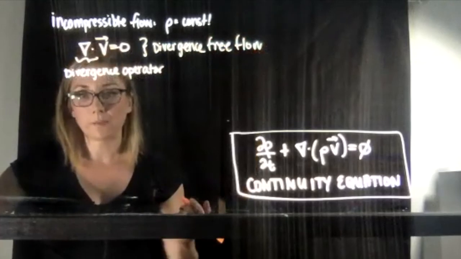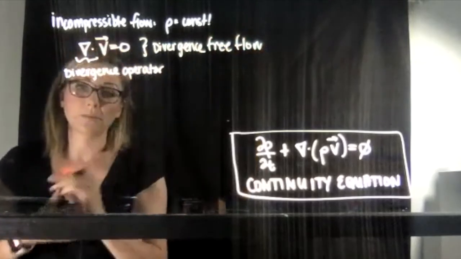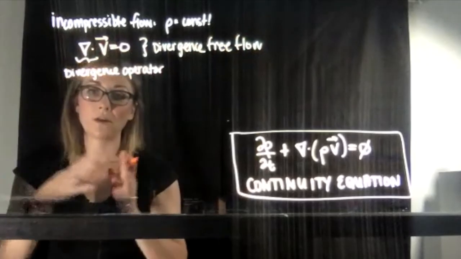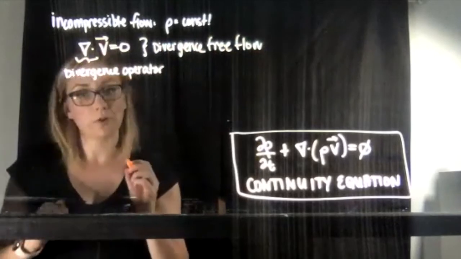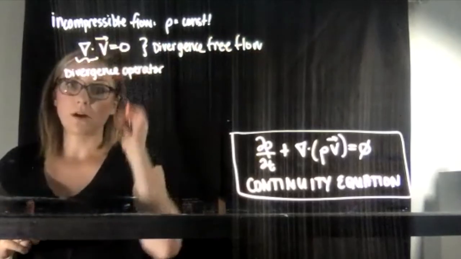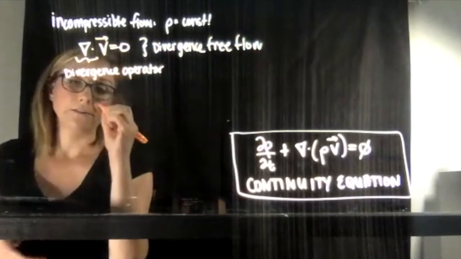And a good way to think about this is the sign on this term gives you a sense of if mass is flowing in or out of a point in the flow. So here, the divergence is 0, right? In the case that it was less than 0,